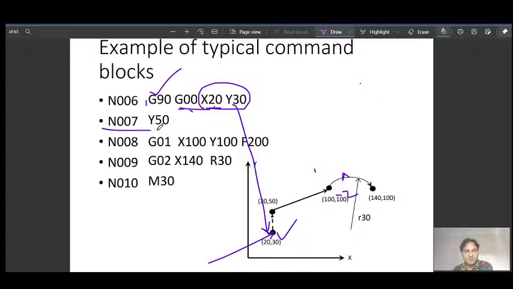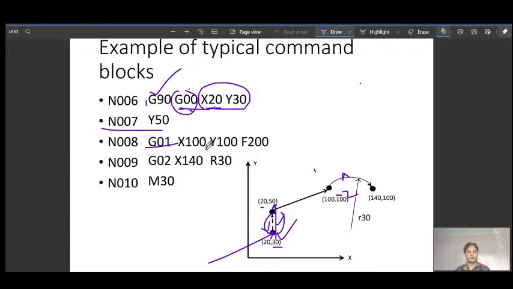Then the next block, N007, Y50. As you can see, G00 has not been mentioned, which means it is still active in this block. Again, the dotted line shows the tool is moving at rapid speed. Only the Y value changed from 30 to 50, X is fixed. The tool has moved rapidly.